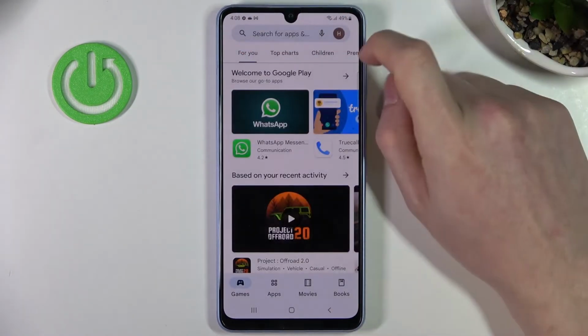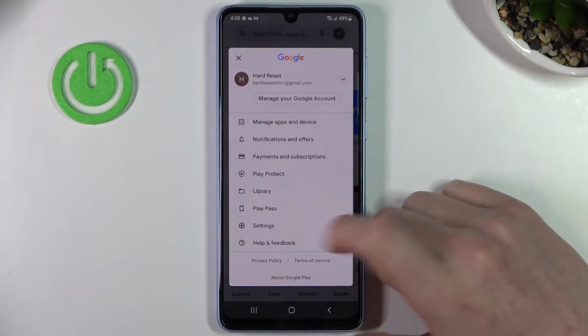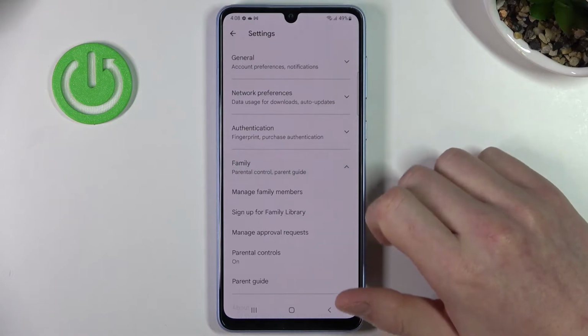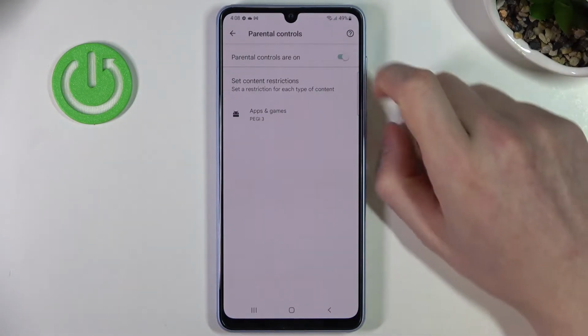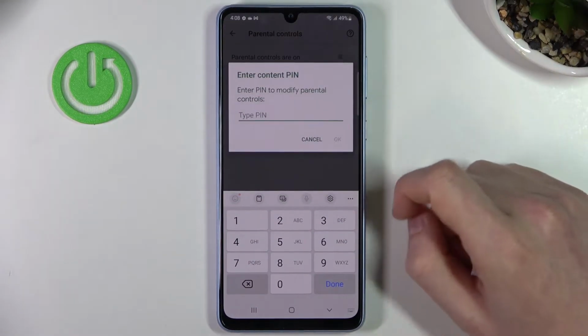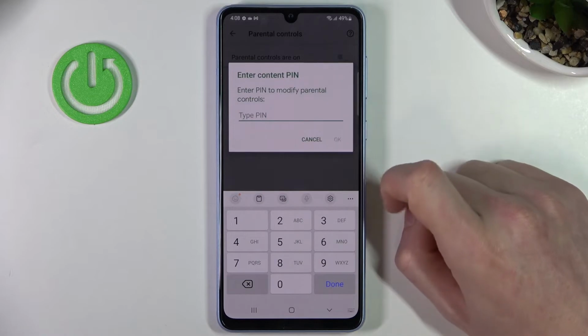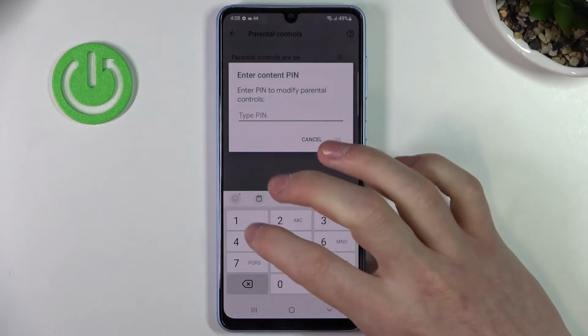So in order to find it, we'll need to go back and press on our profile icon, then go to Settings, go to Family, Parental Controls, and from here there's two ways to fix that. The first one is to just disable parental controls, and here you will need to type in your PIN, then select OK. The second way is to go to Apps and Games, enter your PIN,